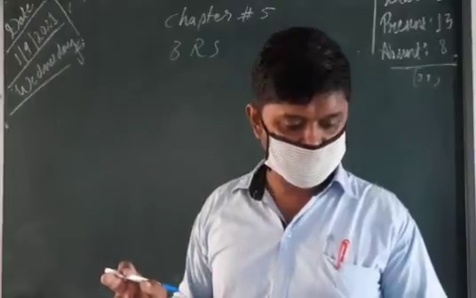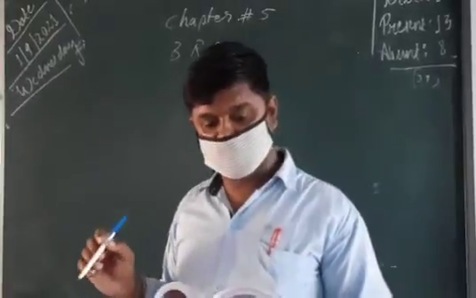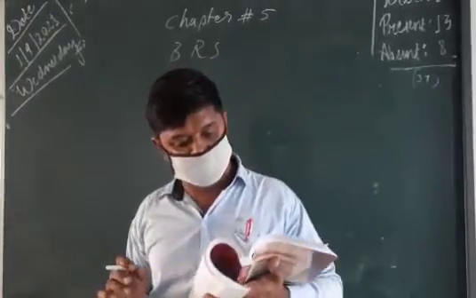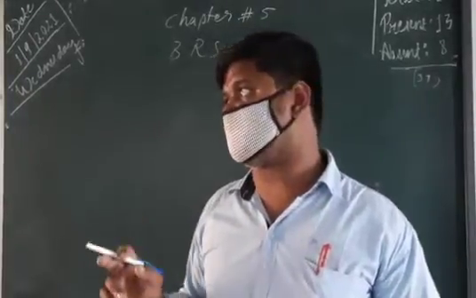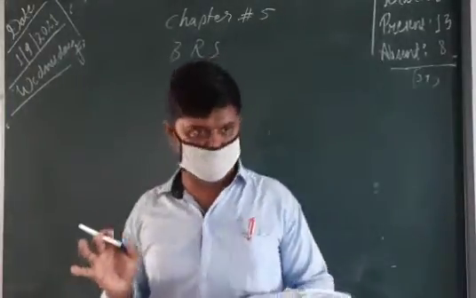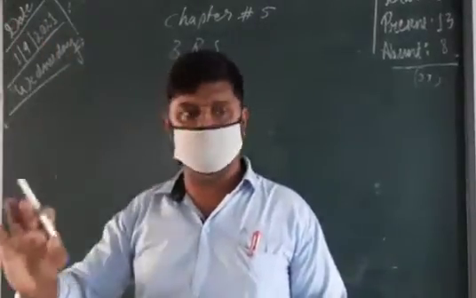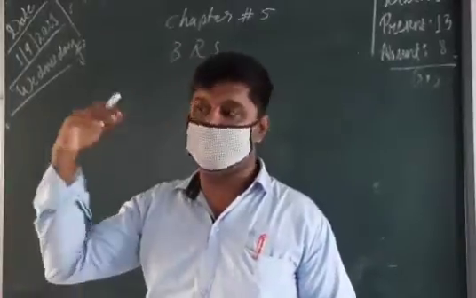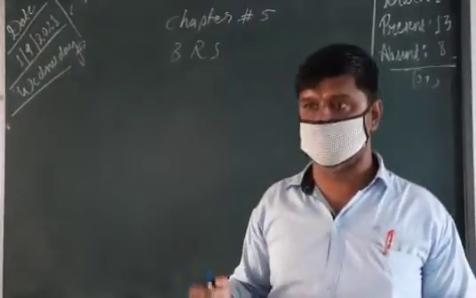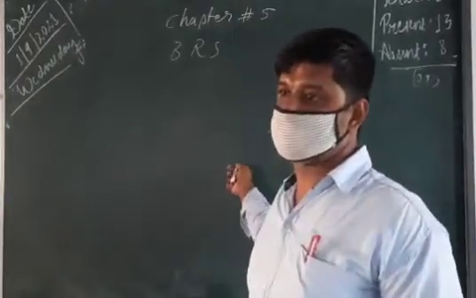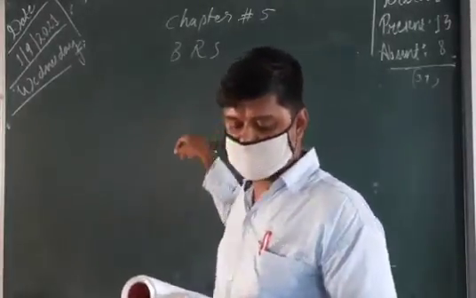Next, the bank had directly collected dividends, meaning profit, of rupees 8,000 and credited it to the bank account, but it was not entered in the cash book. The dividend was collected by the bank directly and credited to our account, but we didn't come to know, so we did not record that transaction in the cash book. That means the passbook has that much amount more, and in the cash book that amount is not there.